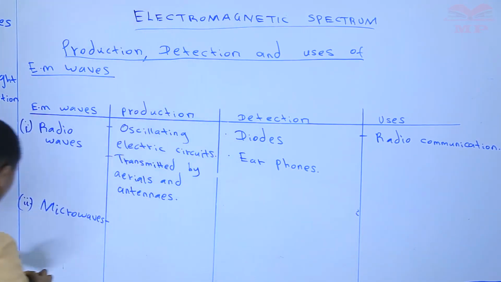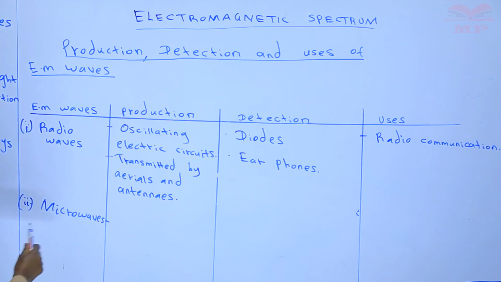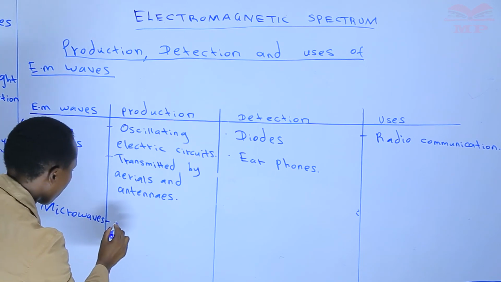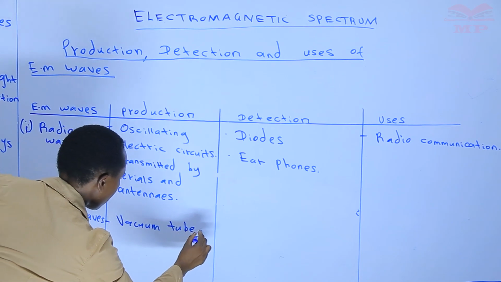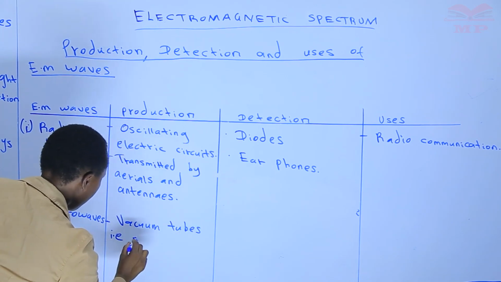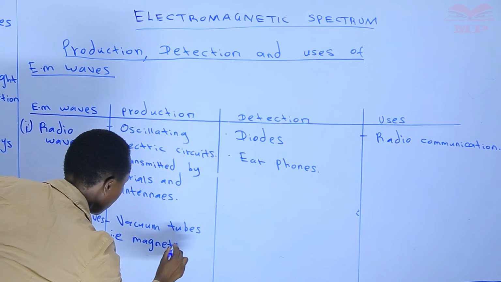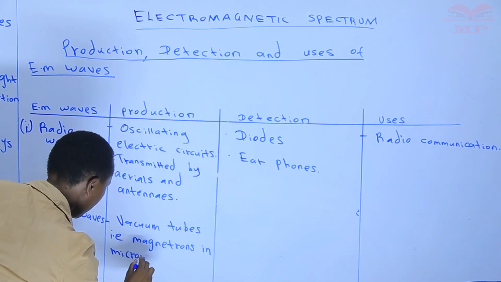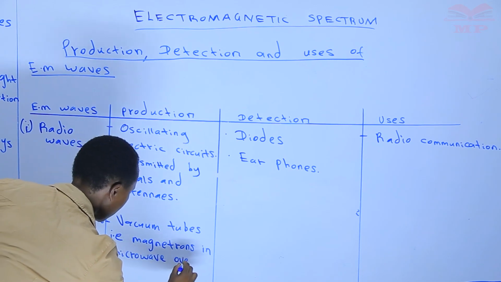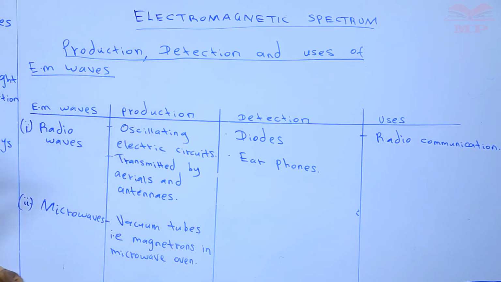Sorry. So we have it as this. These are the microwaves. We have seen that they are produced in vacuum tubes, that is the magnetrons in microwave ovens. And we can say that they can be detected using